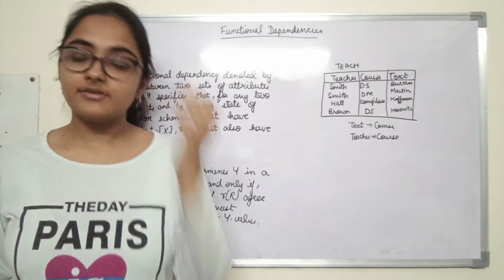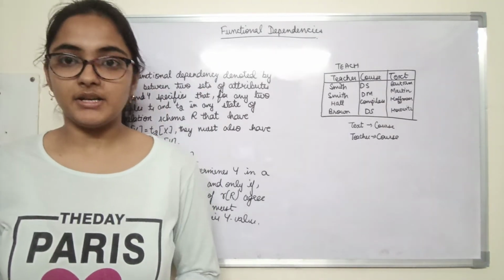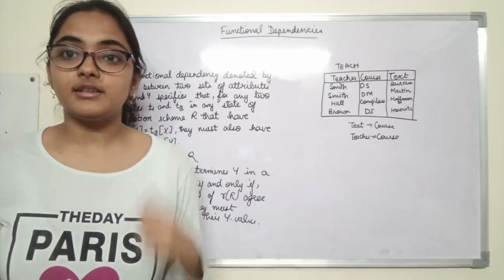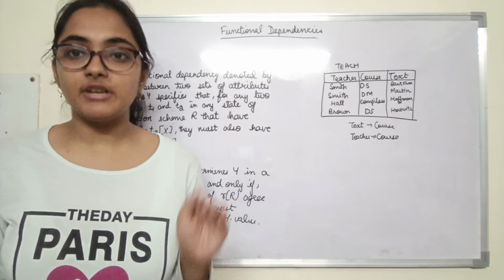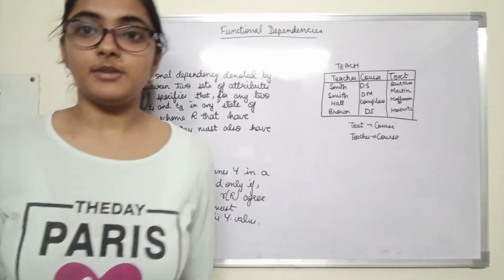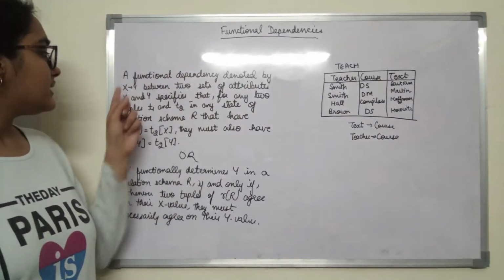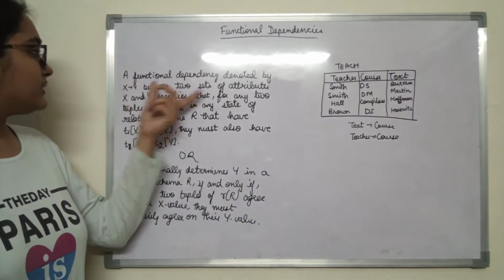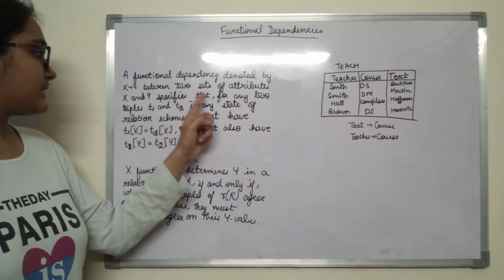Alright, so now in this video let us discuss functional dependencies. First let us look at the definition of functional dependency, then we will understand what a functional dependency is. A functional dependency denoted by X determines Y between two sets of attributes X and Y specifies that